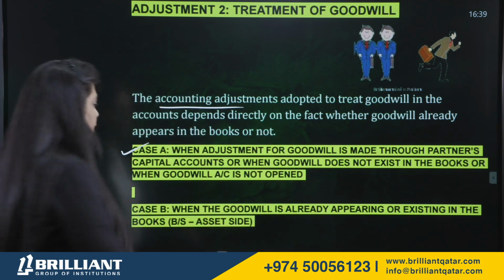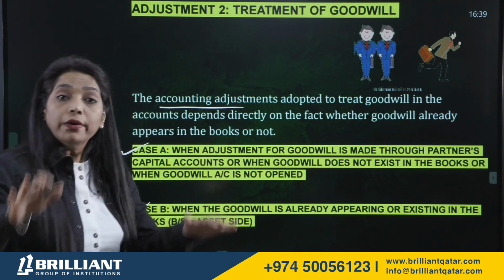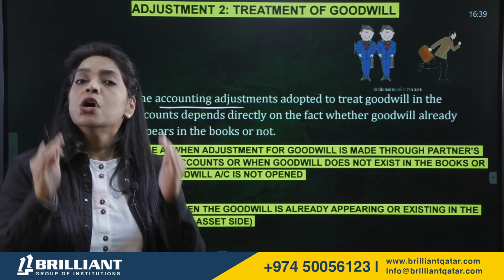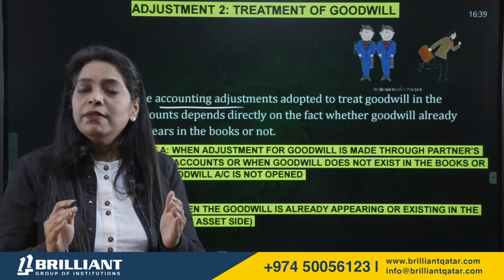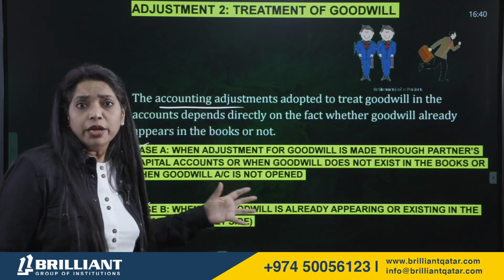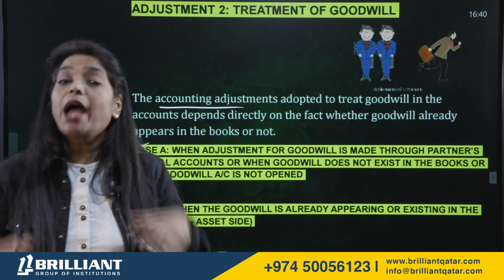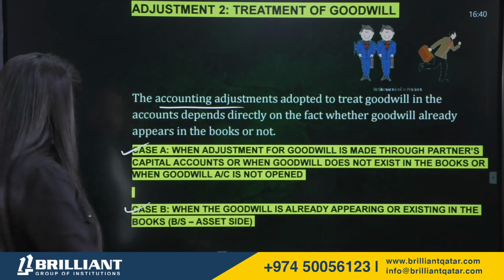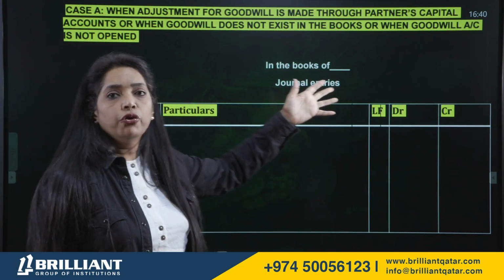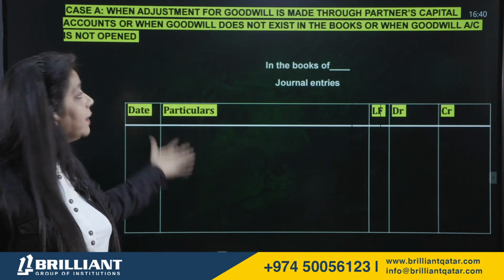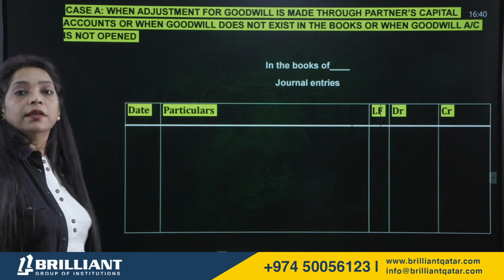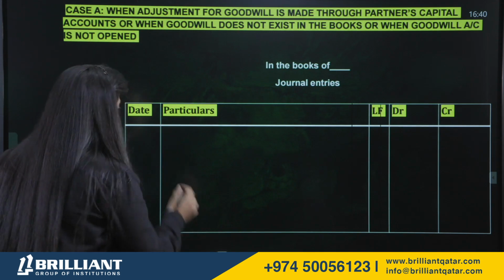And the second case is when goodwill already appears or exists in the books. Now when I say already appears or exists in the books, it means that it will be shown in the balance sheet asset side. Let's try to understand what is the journal entry and why is the journal entry being passed. When adjustment for goodwill is made through partner's capital account, or when goodwill does not exist in the books, or when goodwill account is not open, in that case, the journal entry that you have to pass is